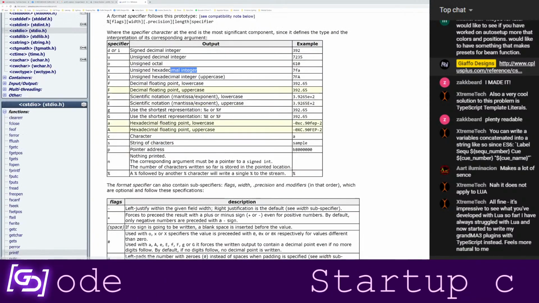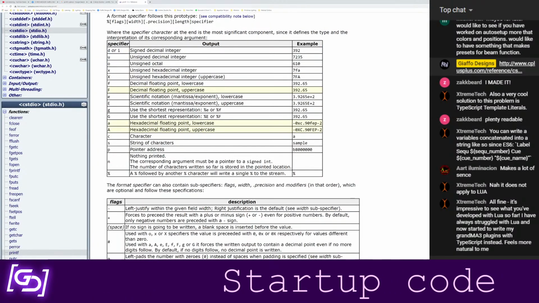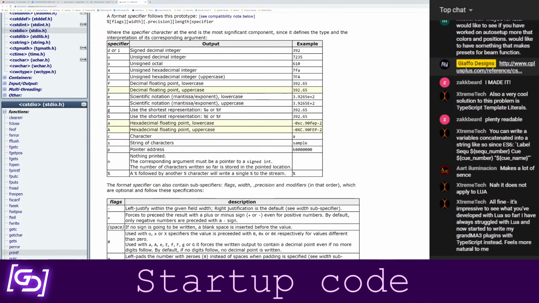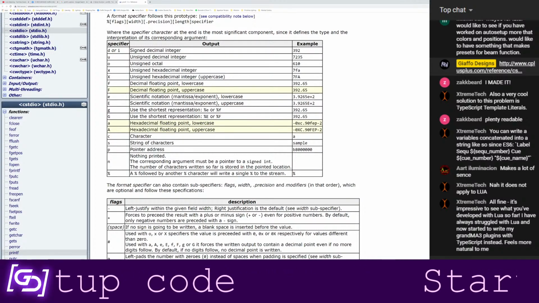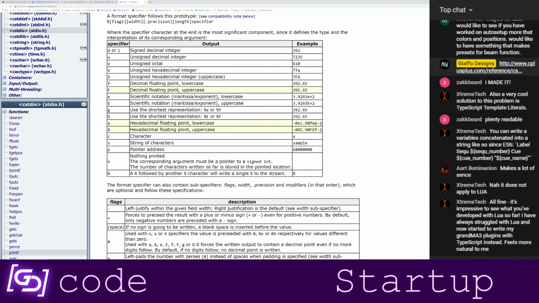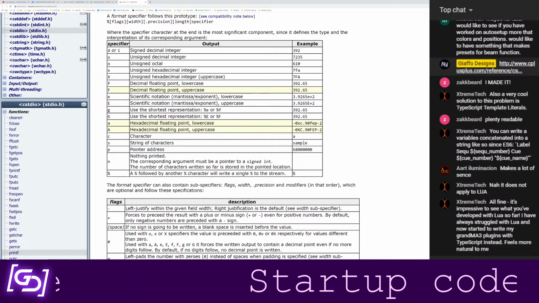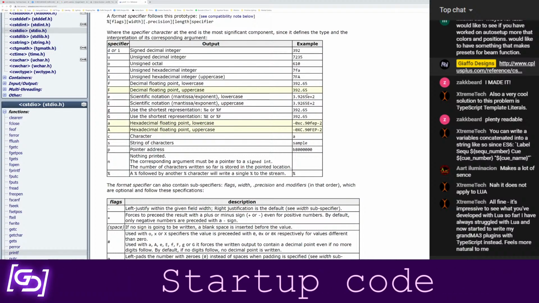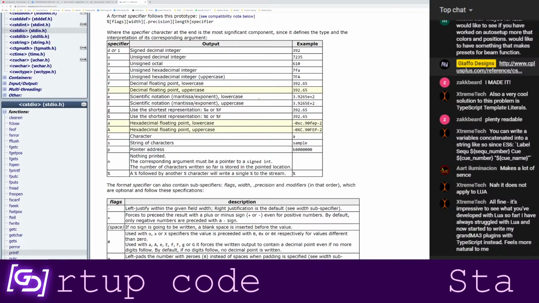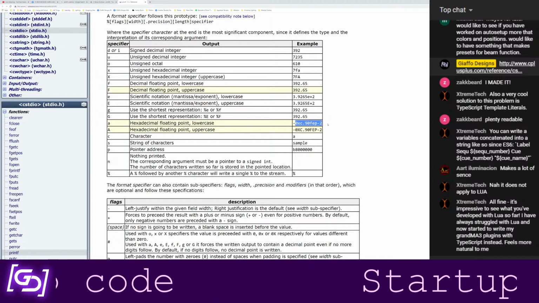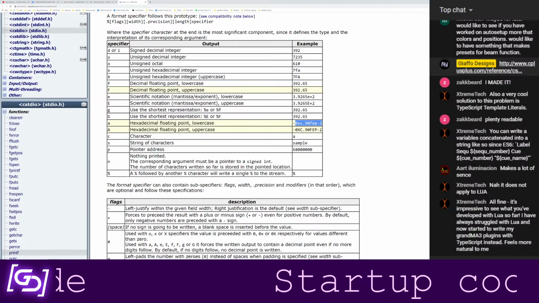Like you can handle hexadecimal numbers automatically, whether in lower or uppercase, which is the 0 to F formatting that you'll see for colors, most commonly for colors that I run into at least. You can set it up in scientific notation. They've got examples here of what all of these things are, and some stuff that I've definitely never used.